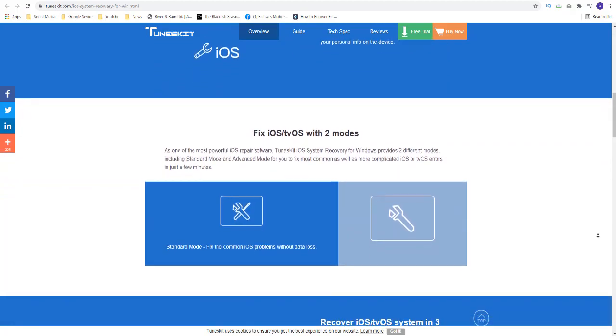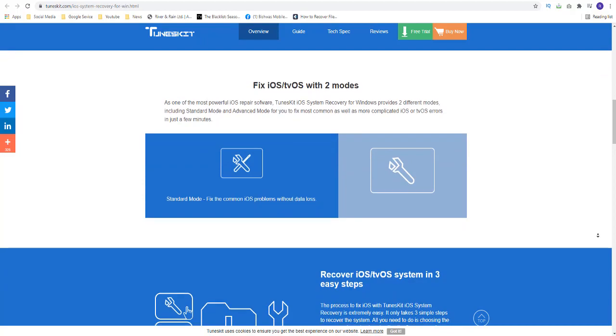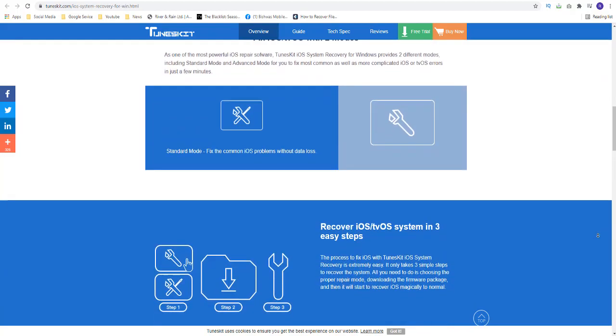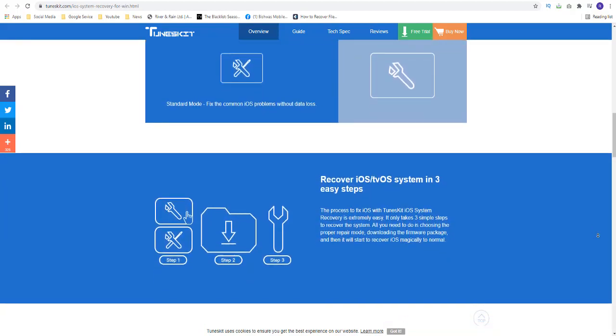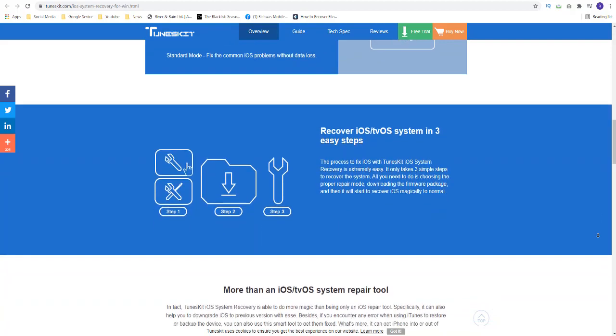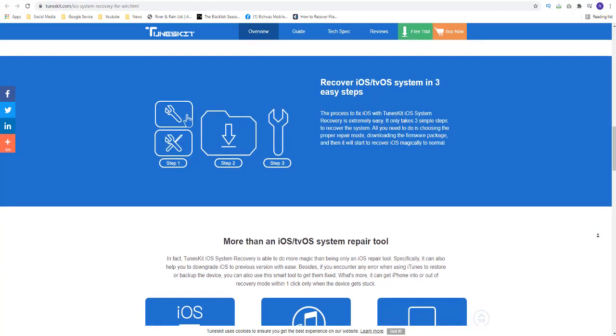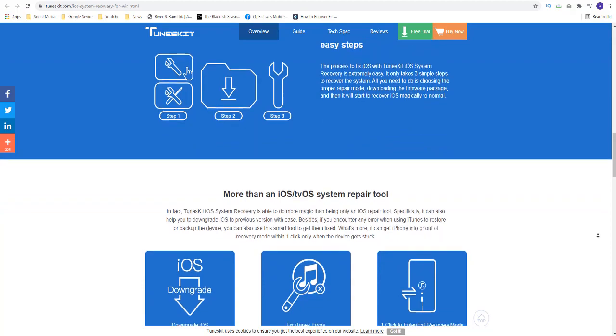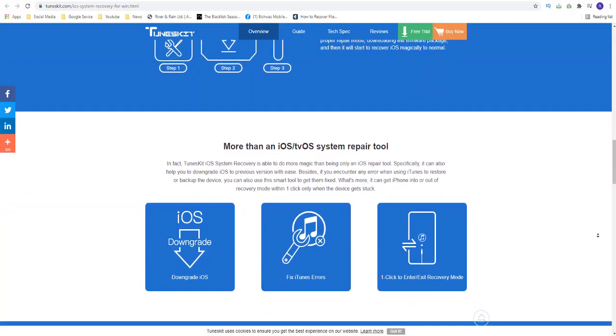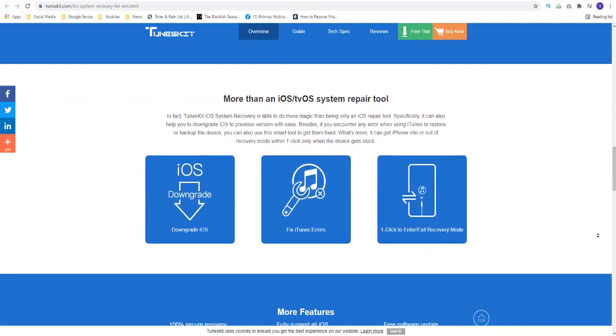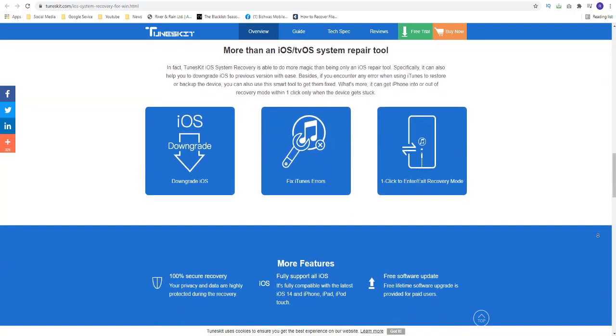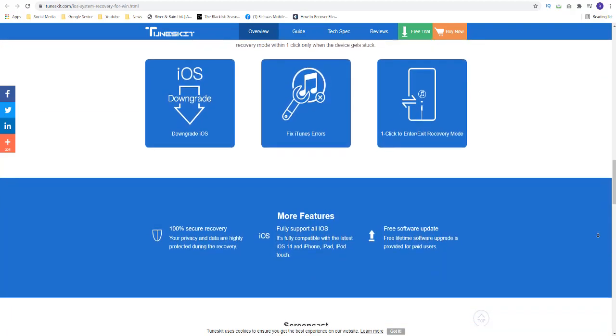get things done. As TunesKit software is exclusively for resolving iOS issues, it is easy to operate without any bug. TunesKit iOS System Recovery fixes almost all iOS issues without a hitch. That includes the iPhone stuck on the recovery screen, Apple logo, boot loop, restore failure, blue screen, white screen, and many others. Let me walk you through the detailed review of the software and guide you with the process to fix your